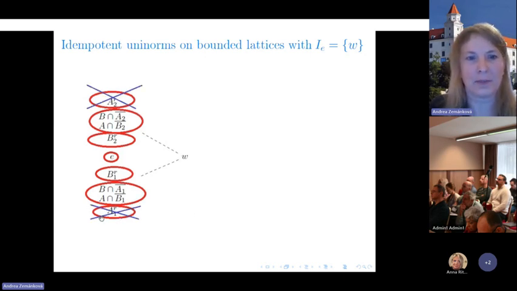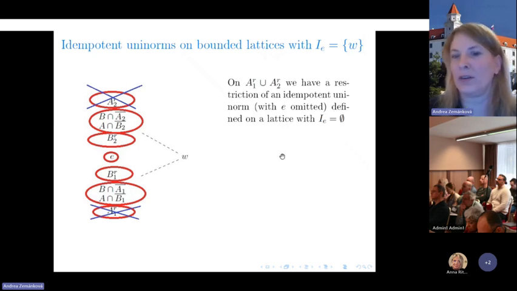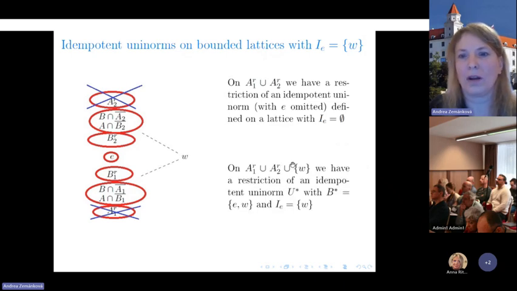So as a first step, we will remove these sets I1R and I2R. And either we can do it directly, take this set, and in such a case, restriction of our uninorm to this set is just a uninorm which we characterized already before. Or we have to take also element W, and in such a case, restriction of our uninorm to this set